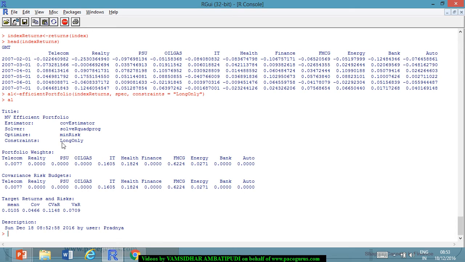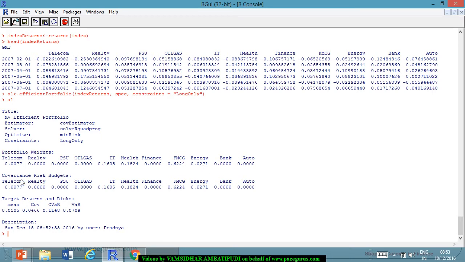Now the logic is completely different. Though the model is exactly the same, given the kind of input that we have given, it is coming out that I have to invest only 0.77% in the telecom sector, around 16.05 in the IT, 18.24 in the healthcare, 62.24 in FMCG, and 2.71 in